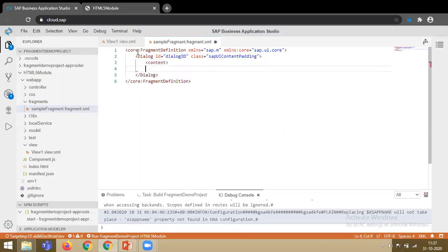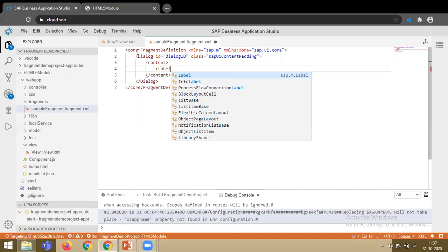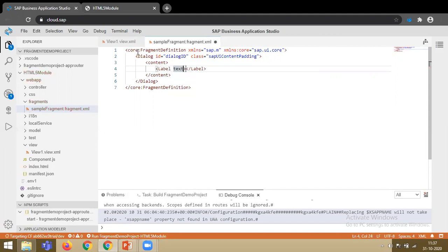So after content, I need to declare the fields the same as what we have done in view 1. That is, I need a label and field for the name and age. So let's add the label with the text as name.